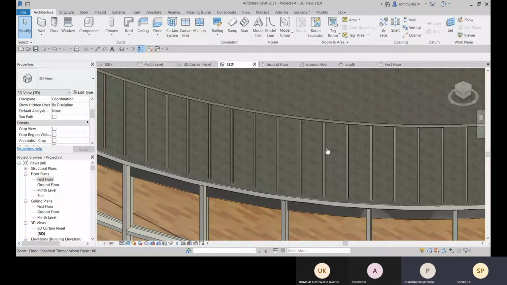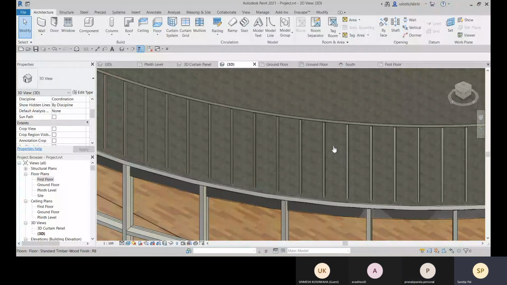Sir, what is baluster? Yes, baluster. Yeah, you can check in Google. It's very simple. You remember that I have provided one drawing of baluster in AutoCAD. You remember?